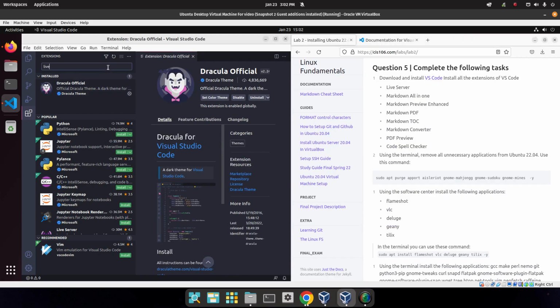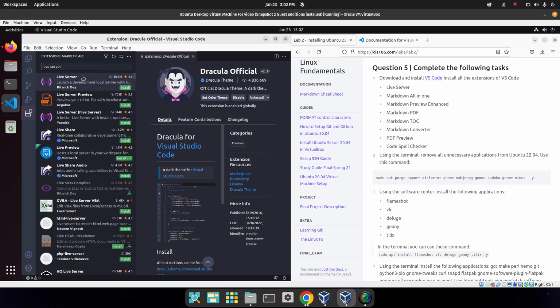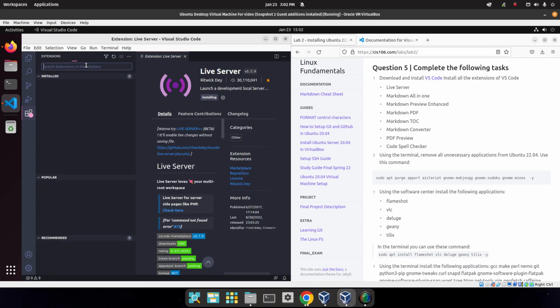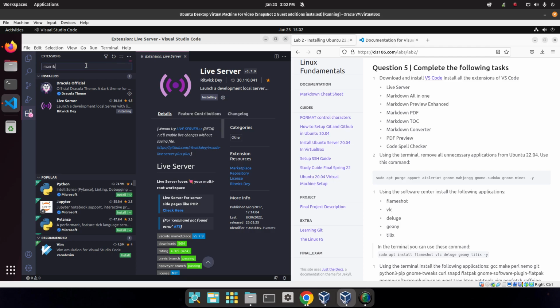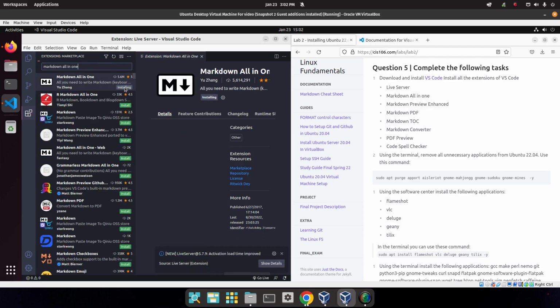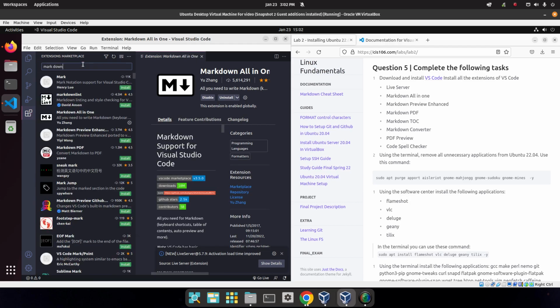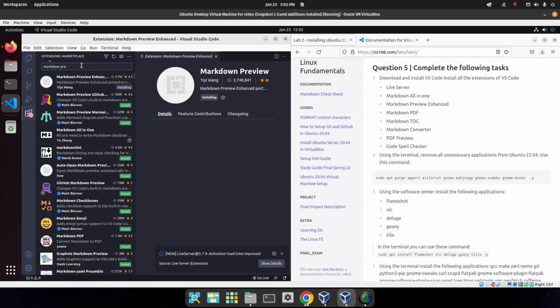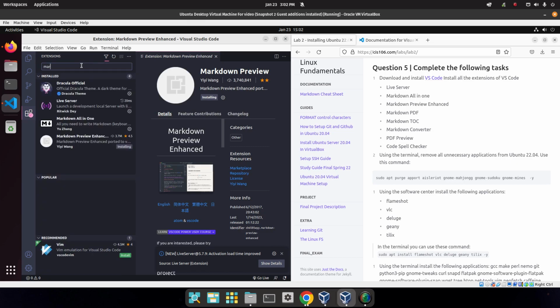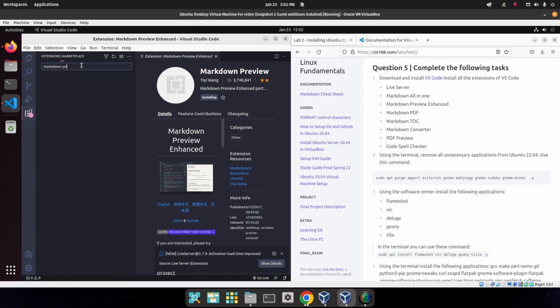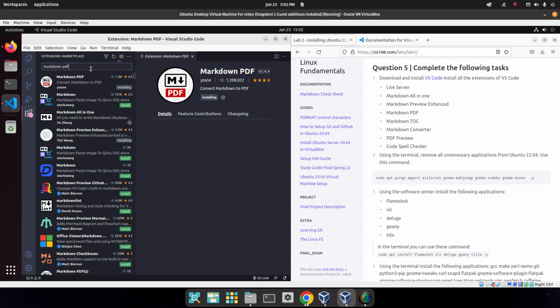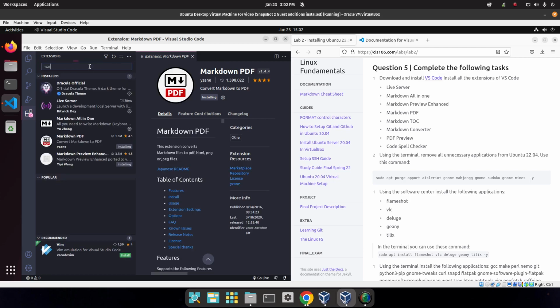So I'm going to select Live Server, install, then Markdown All in One, then Markdown Preview Enhanced right here, then Markdown PDF, then Markdown TOC,